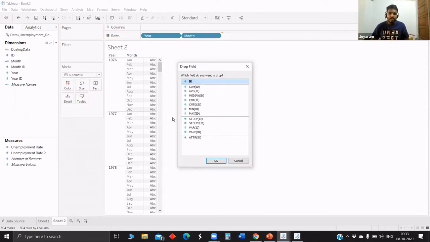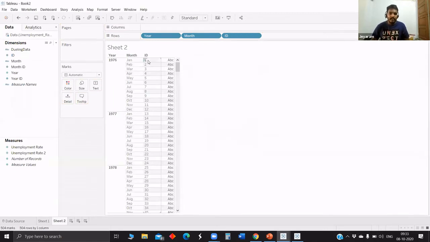This ID is actually a main portion. So basically for each segment, it just fixes the ID. For example, 1976 Jan 1 will be first, second, and it will go on like that. And for 1977, it's 13. So basically, taking a circle from the center, it will start with 1 until the end.